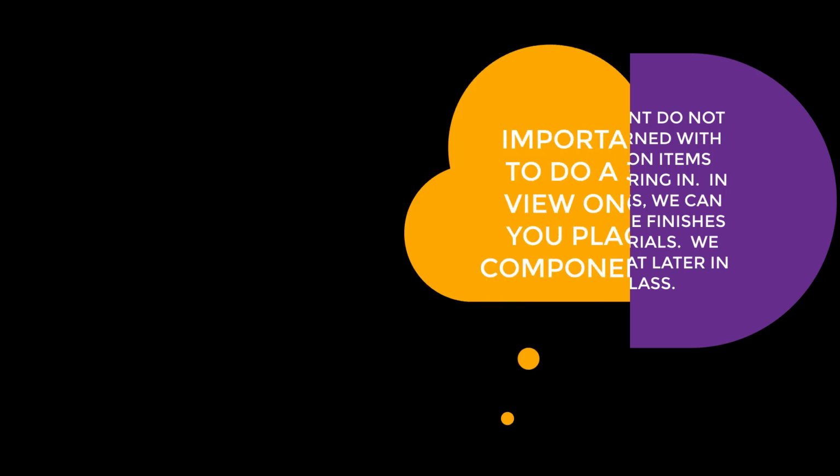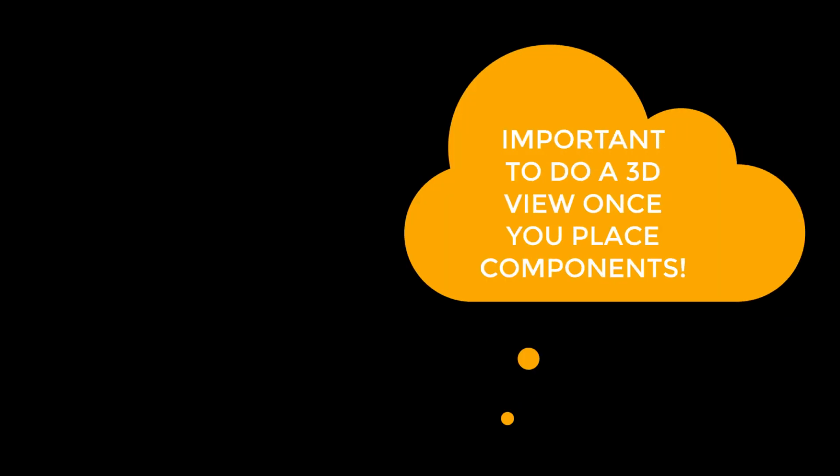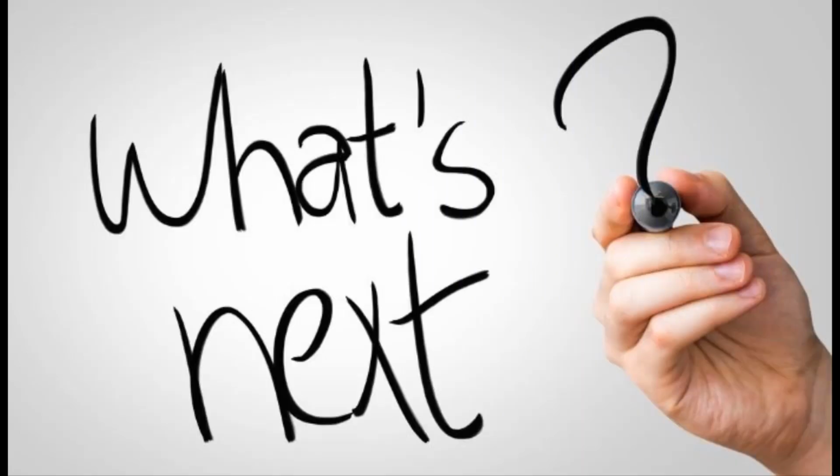Again, once you place each of these components, it's very important to do a 3D view. I always, after I place things, I always do a 3D view to make sure that they are placed at the correct height. In most cases, they come in at the correct height, but once in a while they do not. For example, I've had people bring in towel bars and toilet paper holders, and they're sitting on the ground because they did not go look at the 3D view of it to make sure it was placed at the correct height. This concludes the video on